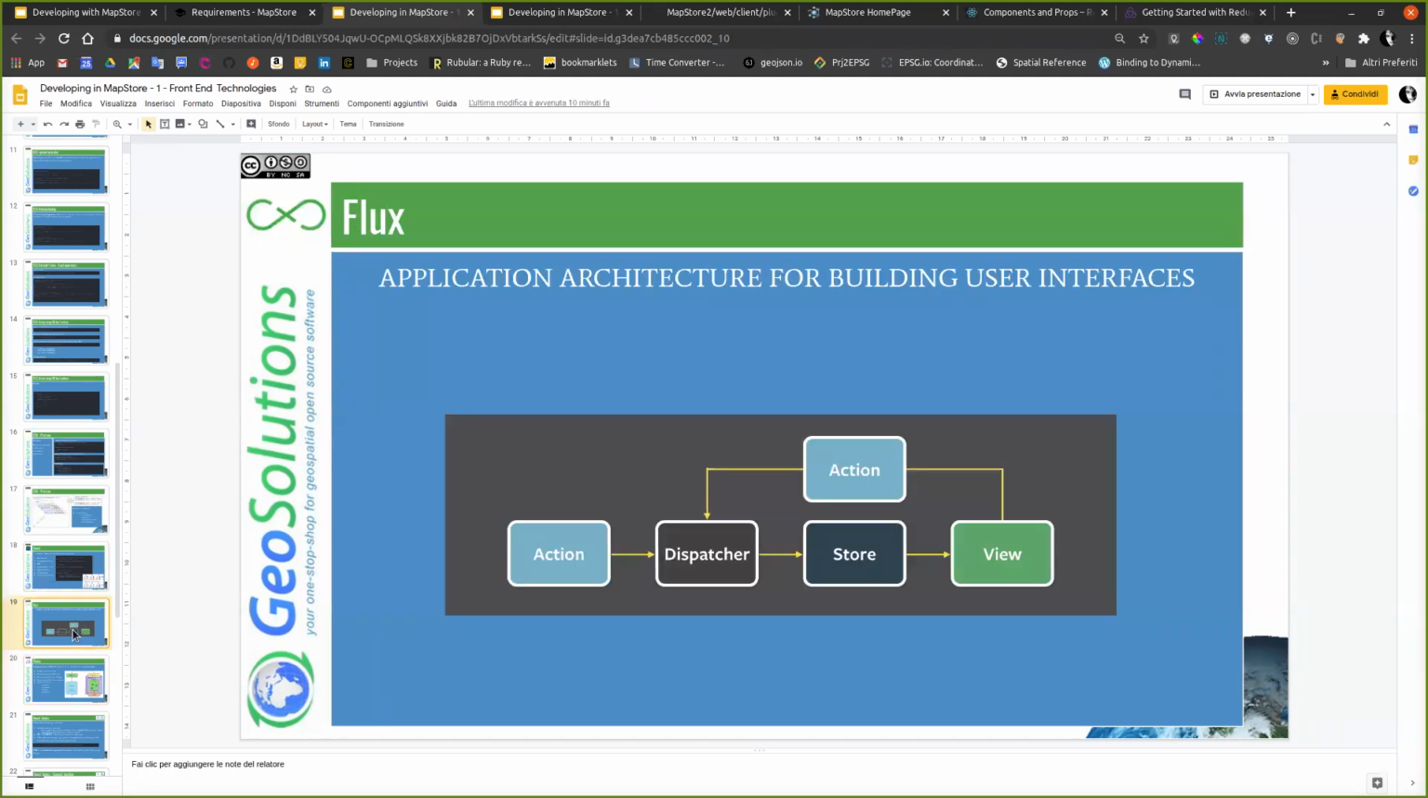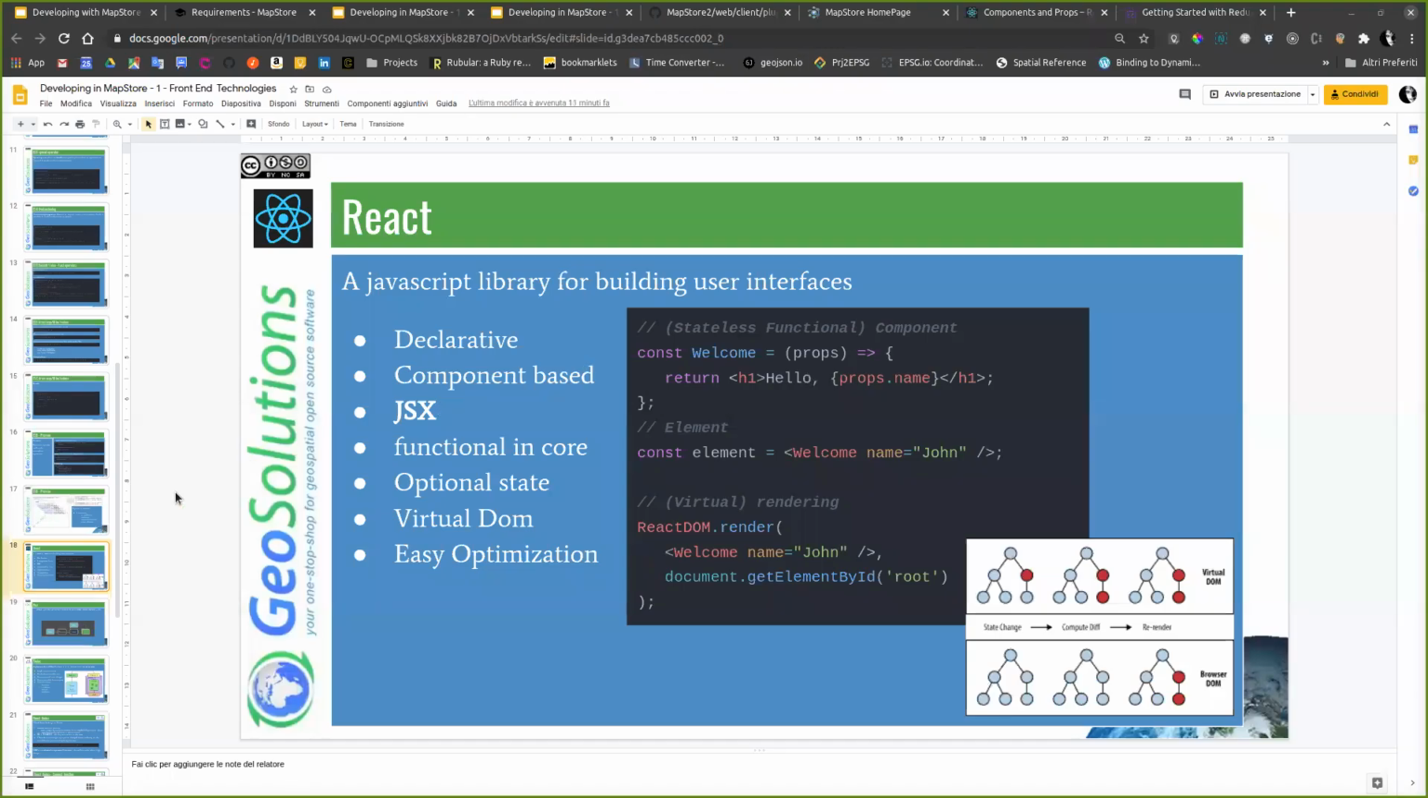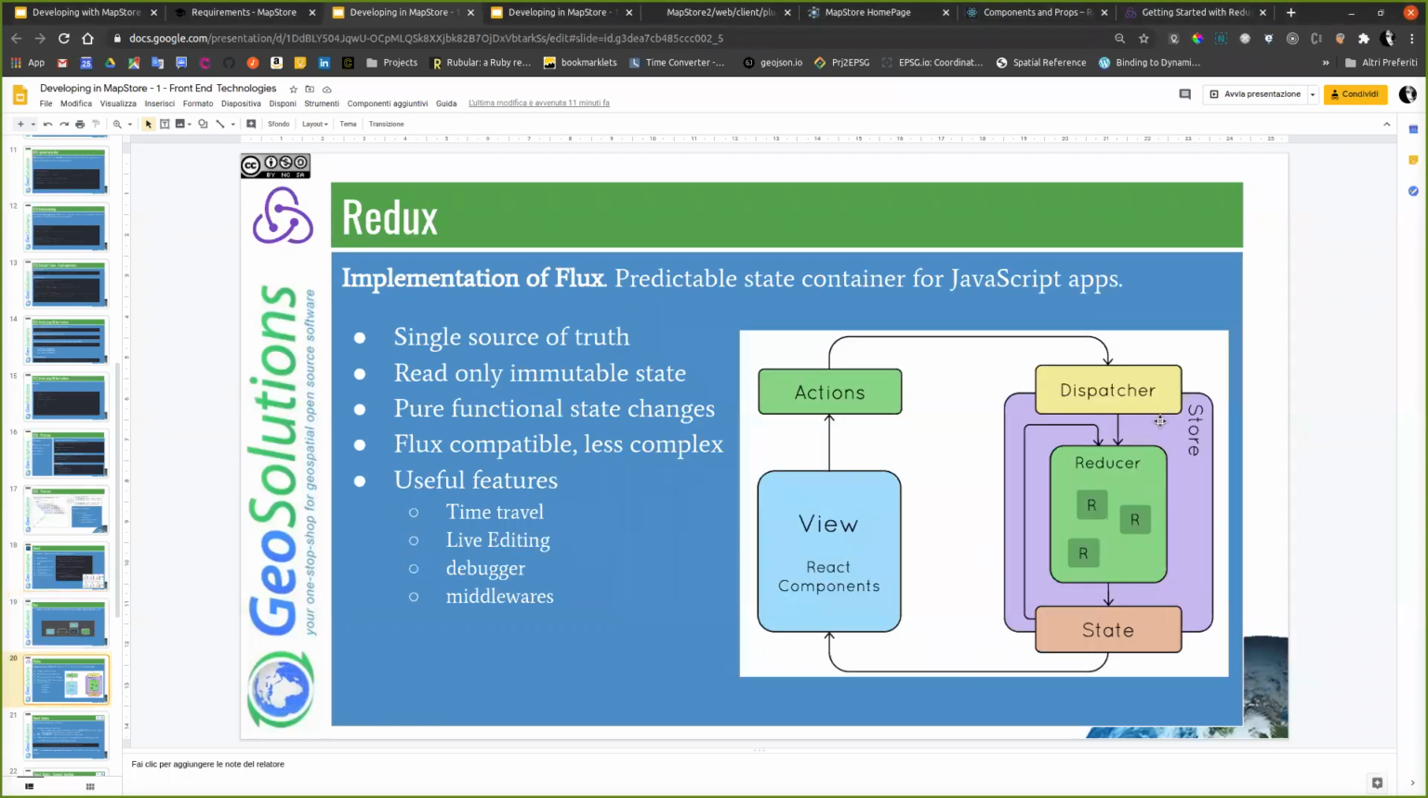So, just to summarize this first part. As I said, we have React that gets the view part, and Redux with this function called reducer. Every R here is a reducer, and the store contains all the state from all the reducers, and every time the state is updated, the application